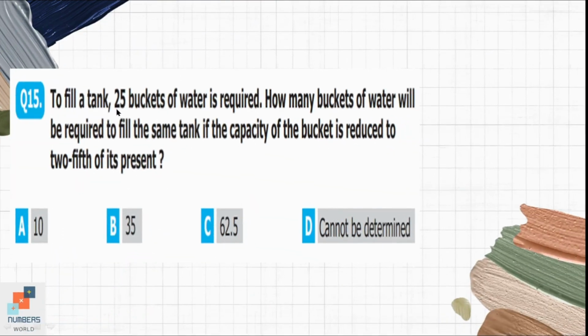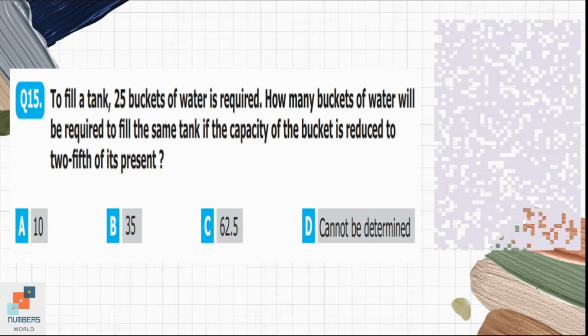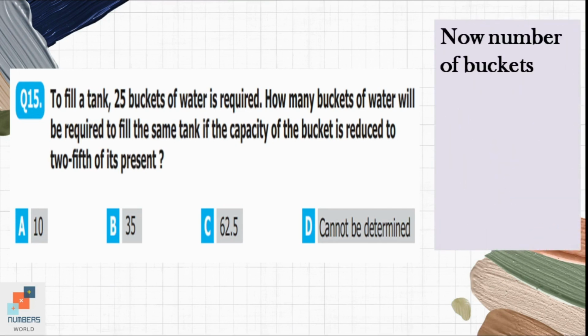Question number 15. To fill a tank, 25 buckets of water are required. How many buckets of water will be required to fill the same tank if the capacity of the bucket is reduced to 2/5 of its present? 2/5 is equal to 2 by 5. So as we have to calculate the number of buckets, the equation can be written like this: 25 divided